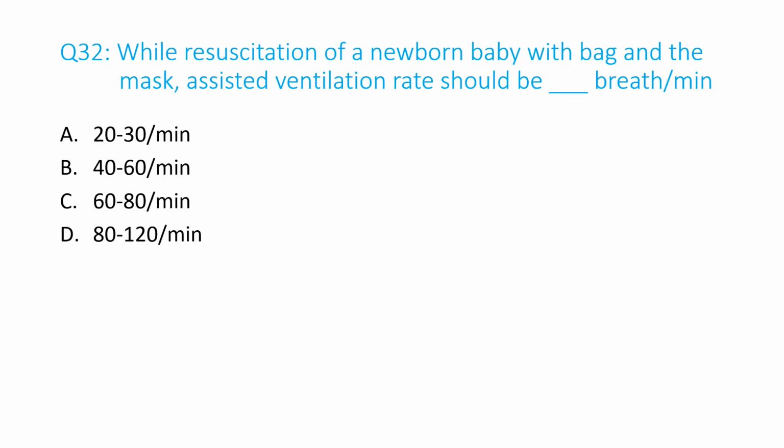Question number 32. When resuscitating a newborn baby with bag and mask, the assisted ventilation rate should be dot breaths per minute. A. 20 to 30 per minute, B. 40 to 60 per minute, C. 60 to 80 per minute, D. 80 to 120 per minute. And the answer is